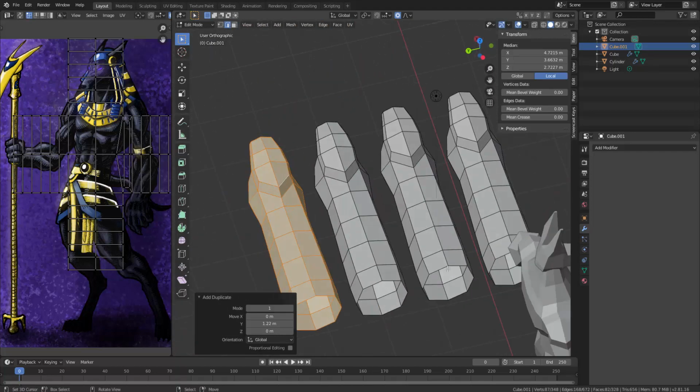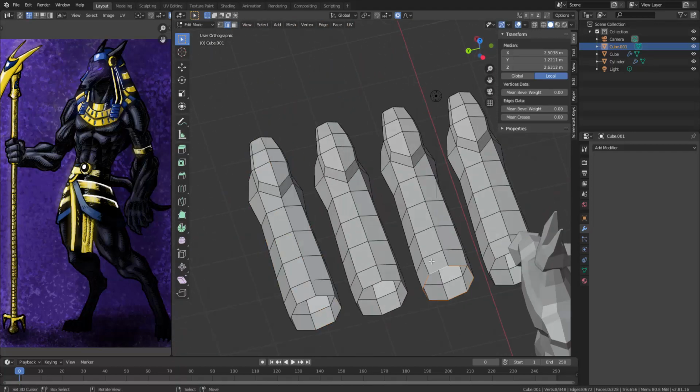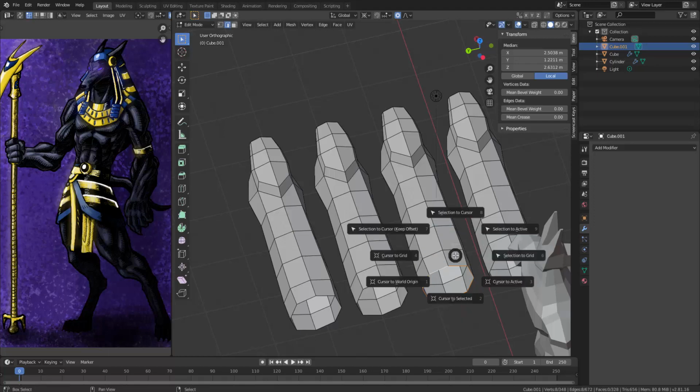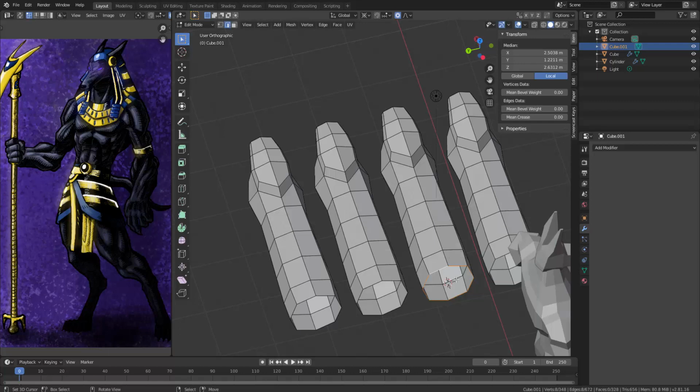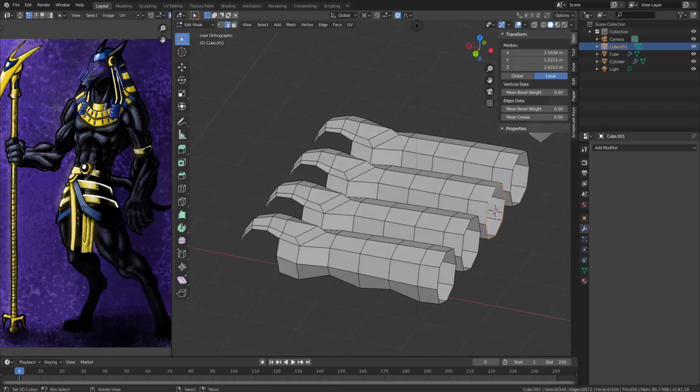Now what you want to do is Alt right click one of the rings of the fingers and then hit the period button to bring up where you want your origin points, and click 3D cursor because we want our origin points to be the 3D cursor. Then you want to hit Shift S and this will bring up where you want your 3D cursor at. So if we click cursor to selected, well, our cursor will be moved into the center of what we have